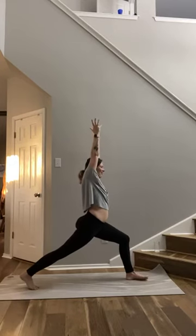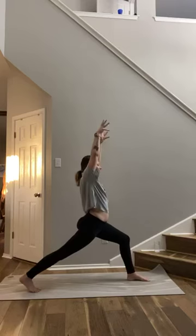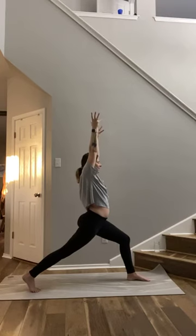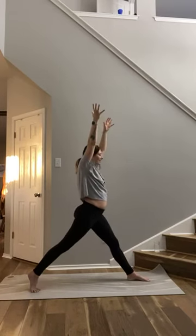And if your eyes aren't closed, maybe try to close them for like 1 second just to see how it feels different, if it feels different at all. And take a deep breath of air in this strong high crescent lunge. Stay for an exhale. We're adding on here, so I'm gonna actually open my eyes for this. Straighten both legs. Pivot your back heel, or pivot on the ball of your left foot, and open up to